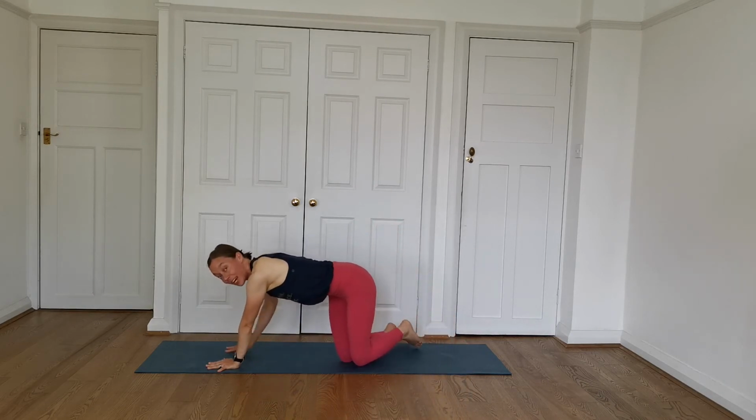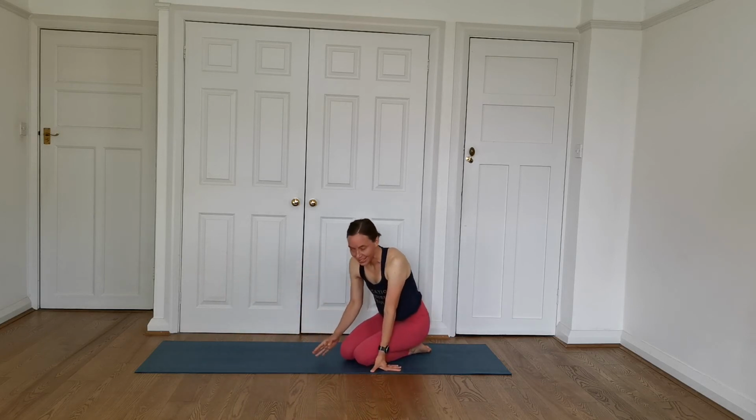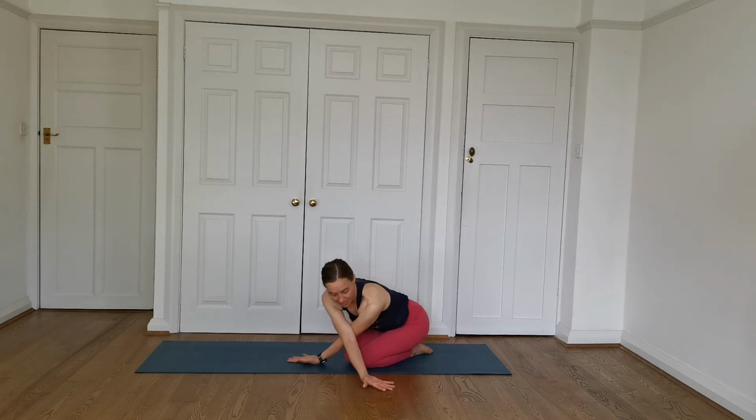So if you're okay, we're gonna sit back towards your heels. We're gonna come forward, so we're not gonna stay in this position for too long. Like we did last week if you were here. We're gonna cross the upper arms, so your right arm is on top. And then we're gonna come down, so you're gonna slide your hands as far out as feels okay, palms up,